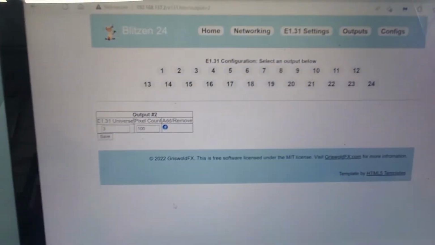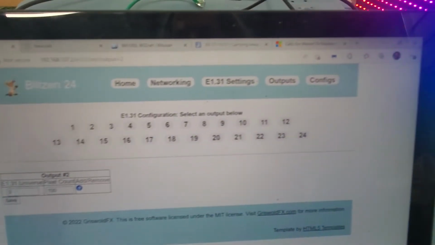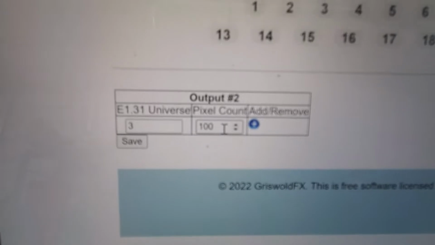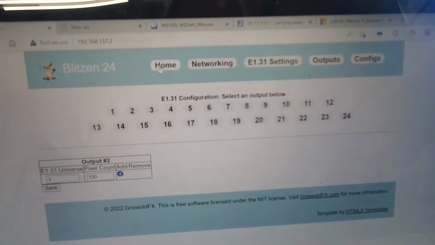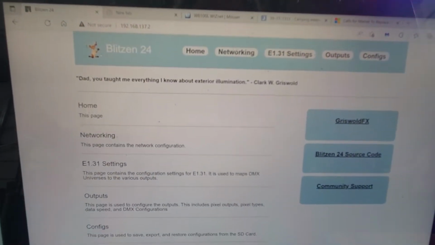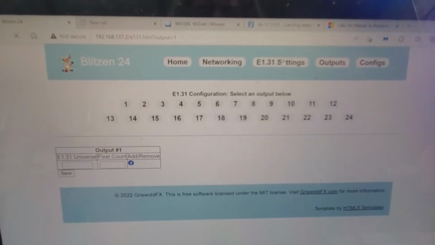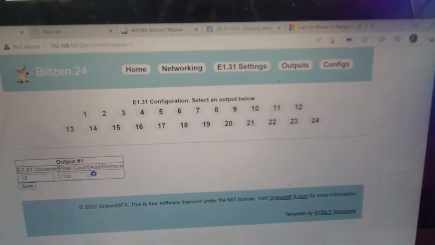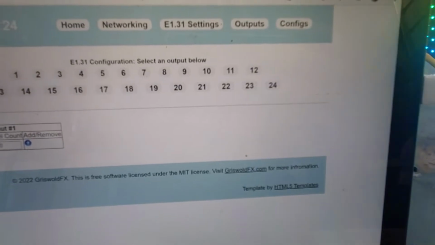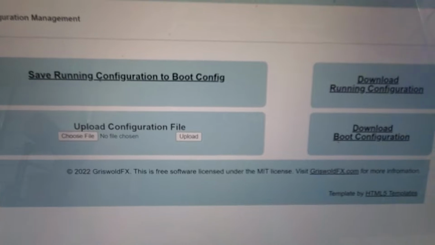Yeah, so we now have our web configuration set up so that we can manage the E131 universes and everything through the web browser. And so here's our home page, our networking configuration, our E131 settings. These are the individual outputs that you can control. And there is the configuration page right there, and it allows you to upload and download the